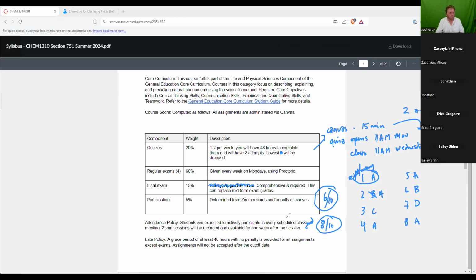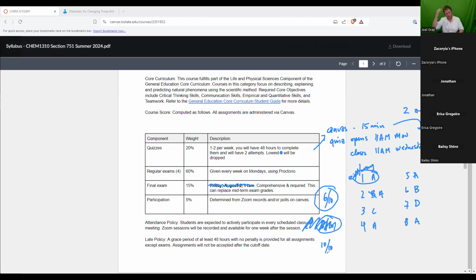What I would like for everyone to do is, on their first attempt, get 6 out of 10, and then on their second attempt, get 10 out of 10. That's what I want you to do. But I understand that there are going to be some questions that you struggle with, and you're like, is it this or is it this? And I think it's this.